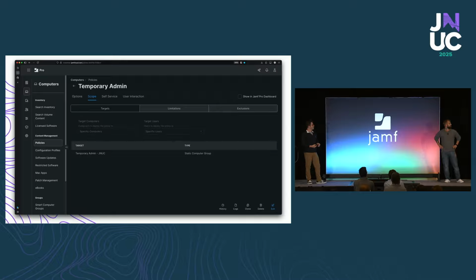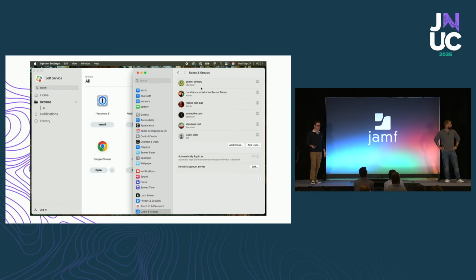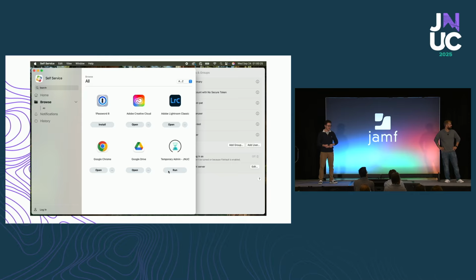Here we've created a policy and scoped it to the temporary admin static group. And of course, made it available in self-service. The user now is currently a standard user. In self-service, they're going to go ahead and click that option for temporary admin, and they'll be given